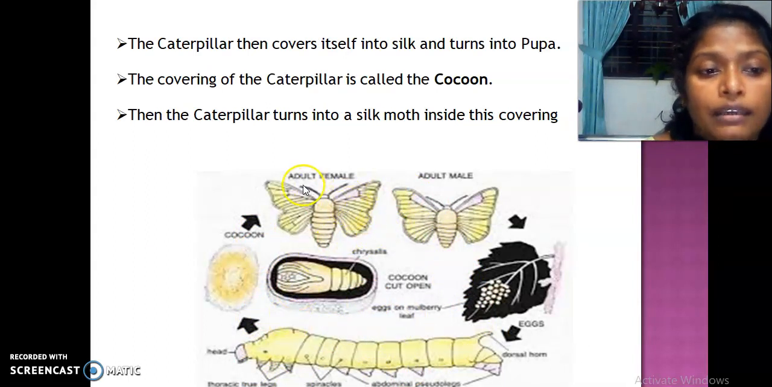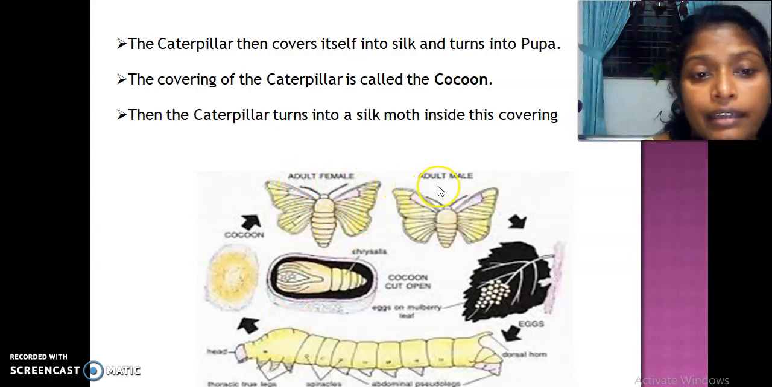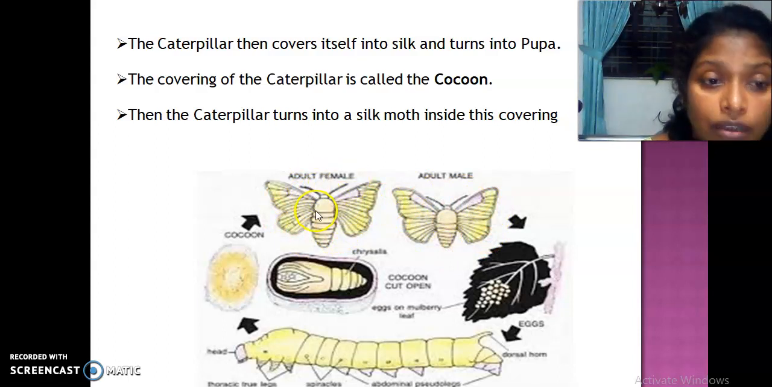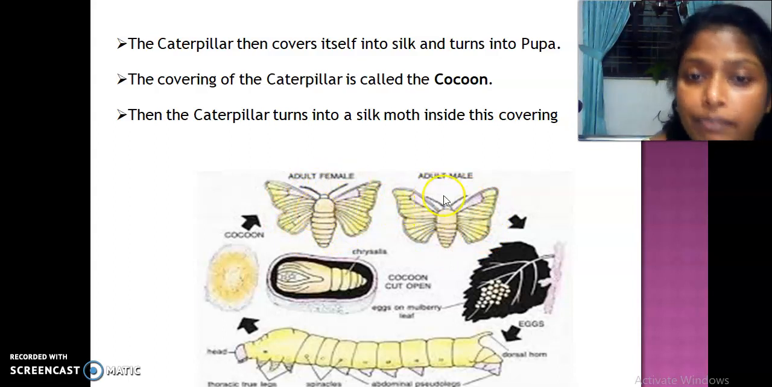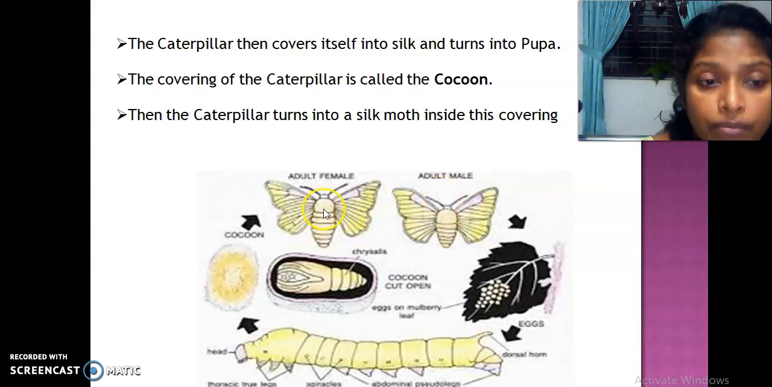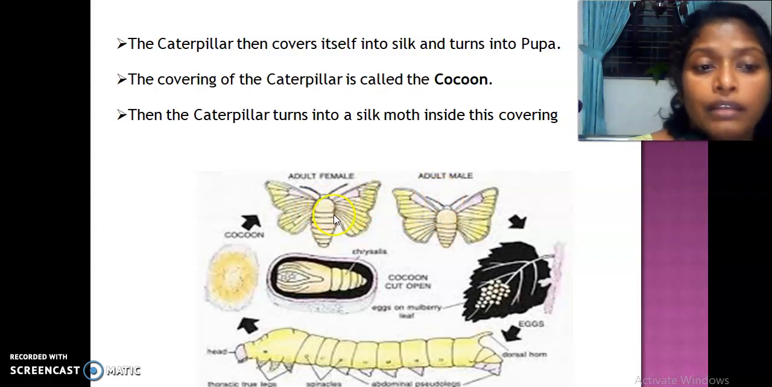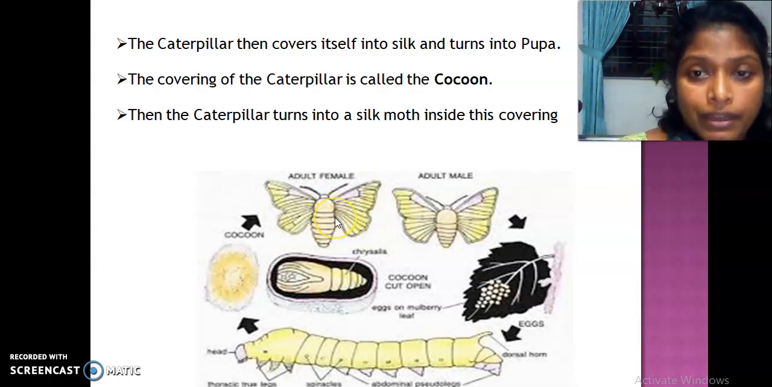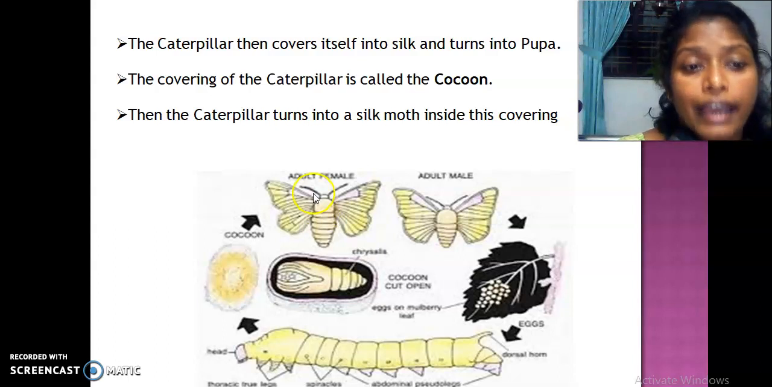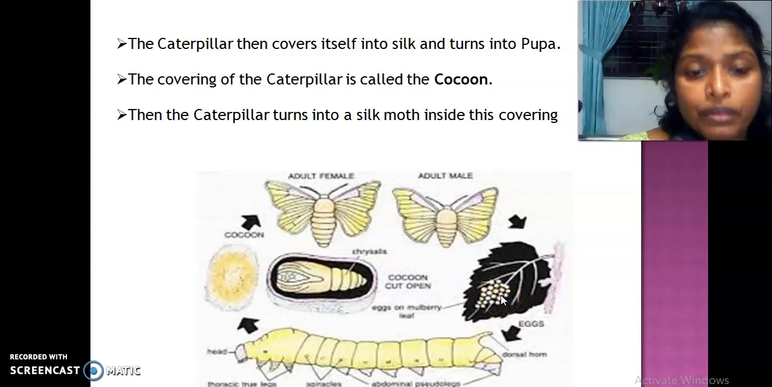You can see here there is an adult female and an adult male. By looking at their structure itself, you can understand that the adult female is larger compared to that of the adult male. Now the adult female moths are similar to the butterfly, but they are not as colorful as butterflies. Now the adult female lays hundreds of eggs on the leaves of mulberry, and these eggs hatch to form